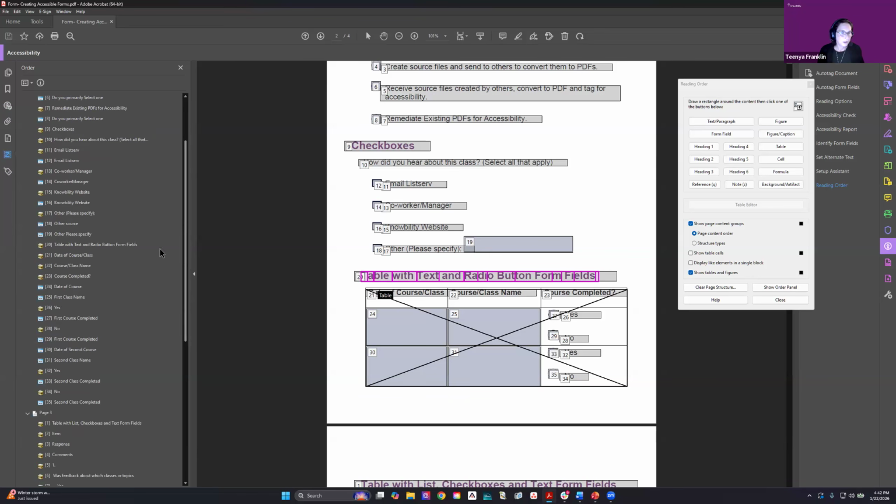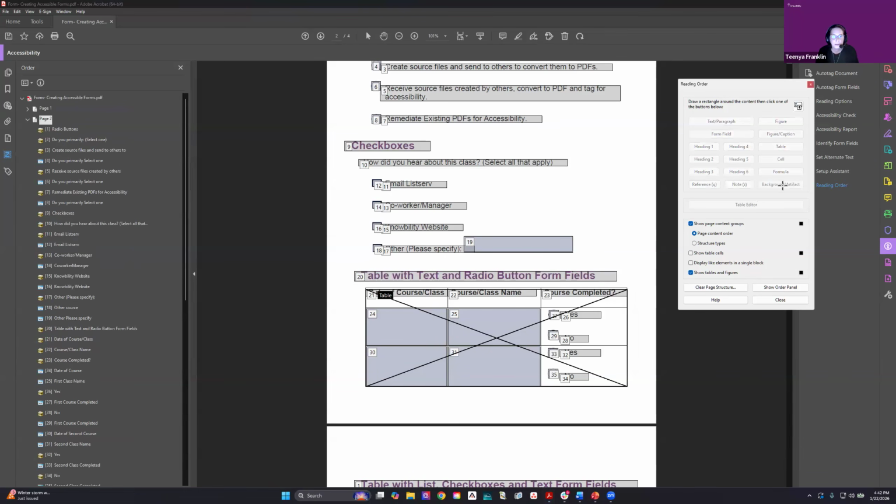So you have your reading order here, right? And here it is in the order, right? And everything else that I've artifacted is gone, right? And the numbers on the page, you don't see numbers on the page where they are, right? But if I take this and I tell it to background artifact it, it still stays in my reading order. Now, if I change this from page content order to structure types and I save,